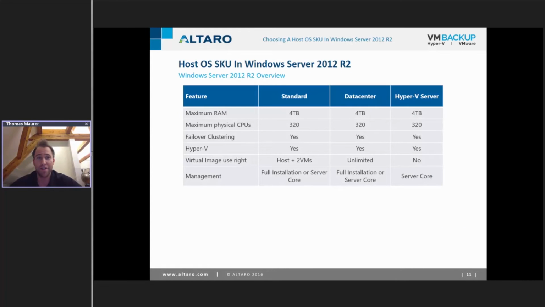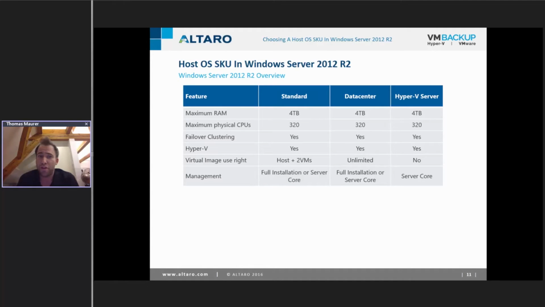Okay, so let's go to the SKUs, and this is very interesting. I basically removed the Windows Server 2008 R2 slide because in Windows Server 2008 and 2008 R2 things were a little bit different, right? You had multiple SKUs available. For example, you had a web server edition, you had an enterprise version, and so on. And with 2012 and 2012 R2, Microsoft merged that, so you have a standard and a datacenter edition in Windows Server, and you also had the free Hyper-V Server, or you still have that one.